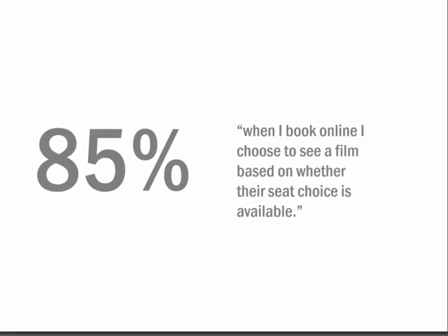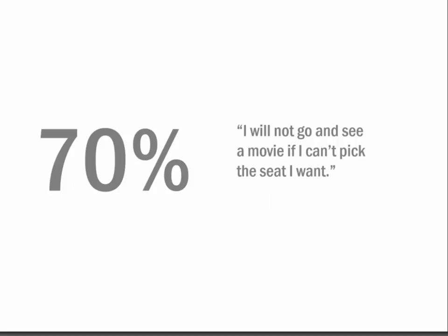A very, very high proportion said that when they book their seats online, as many do, particularly in Europe and the US, they choose to see a movie, often depending on whether their seat choice is available. Now, some of the more avid theatre goers that we spoke to said that if they couldn't actually get to sit in the seat they wanted to sit in, they wouldn't go to the movie at all. And that's reflected here. 70% saying that they wouldn't go and see a movie if they couldn't get to that